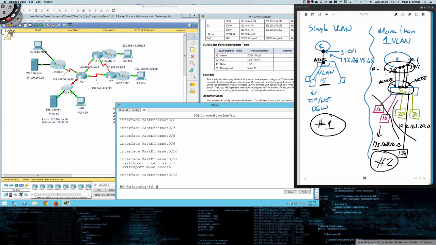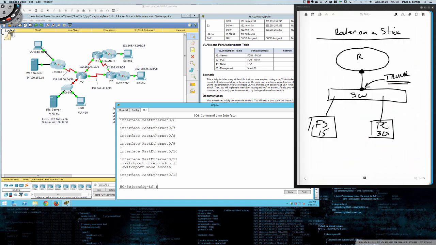He's only carrying one VLAN, so that's okay. Over here, we're staying with access ports, but what are we doing? We're adding in new connections every time we have a new VLAN. So again, it's okay that that's an access port. However, the router on a stick is going to require that this be a trunk port, because now what we're going to say is across this single link right here, we're going to be